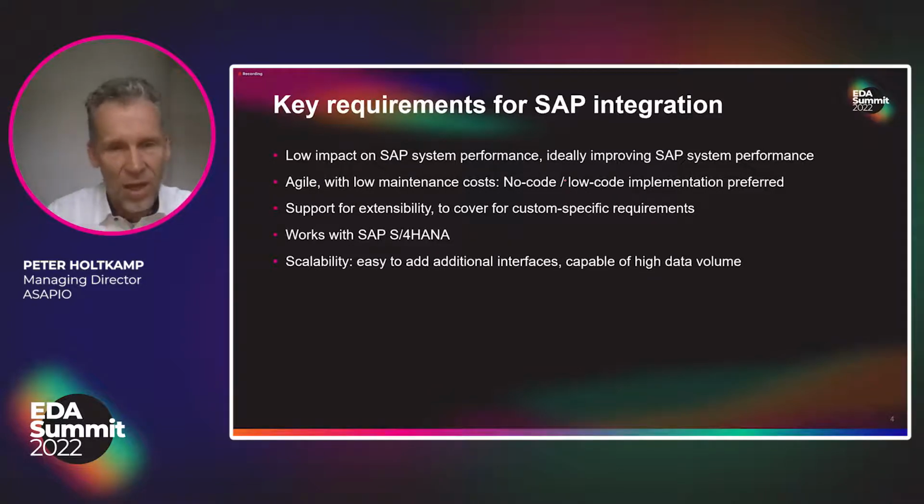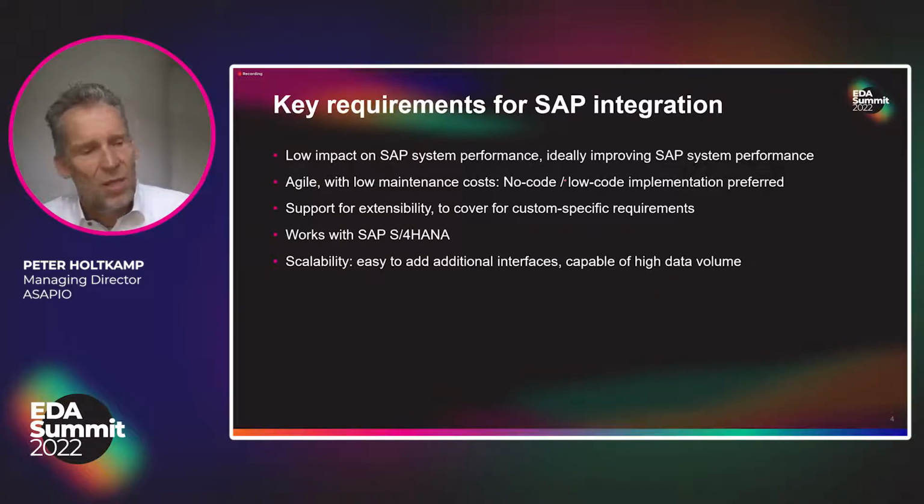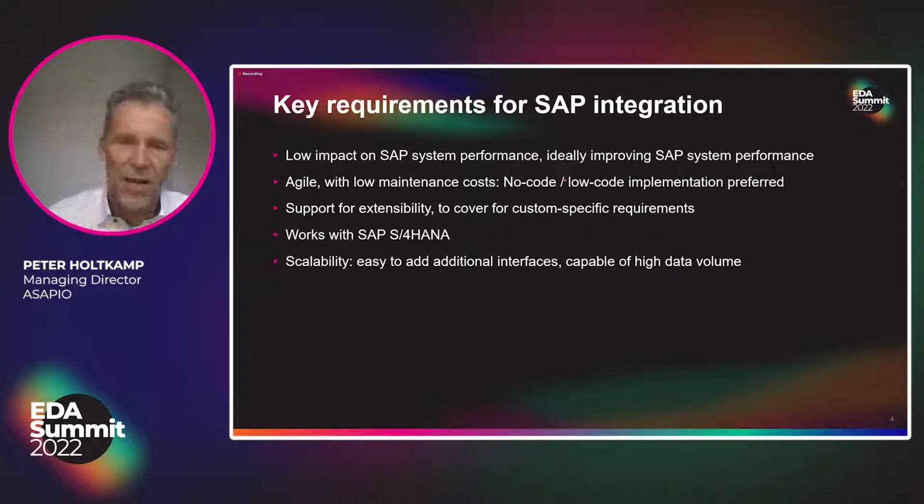We want to talk how we handle that, but it can also be something like you operate an MRP in the evening, and out of that MRP, you've got 20,000 PRECs changed. And so you want to expose that changed planning data to your first-tier suppliers in order to have a good response time from these guys. So scalability also comes back to the first point of low impact for the system performance.